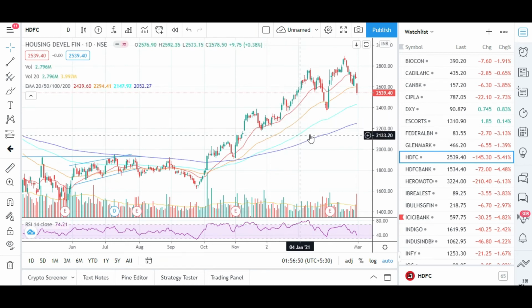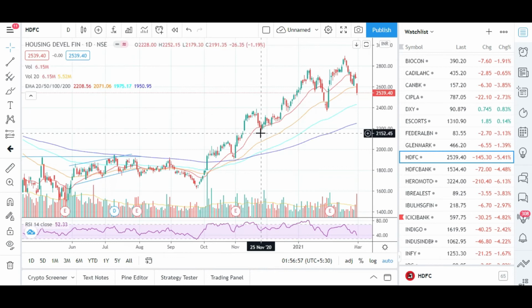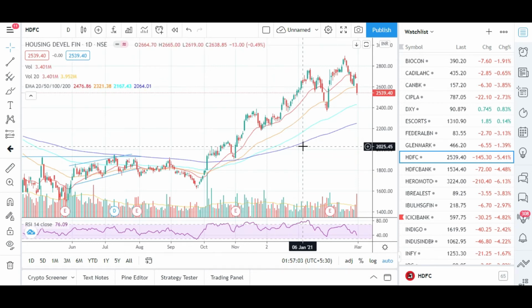And if you talk about the 100-day moving average, in some instances we use that also. It acts as support and resistance both. So basically, whenever the stock is in a strong uptrend, when the stock is trading above all these three moving averages, it is considered in a strong uptrend. And that's what we have shown in our dashboard.